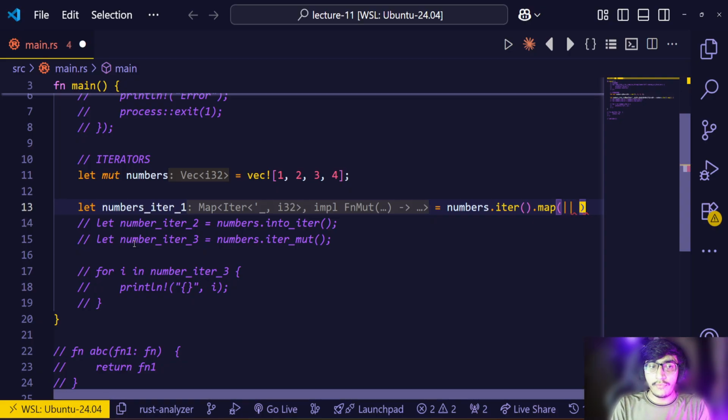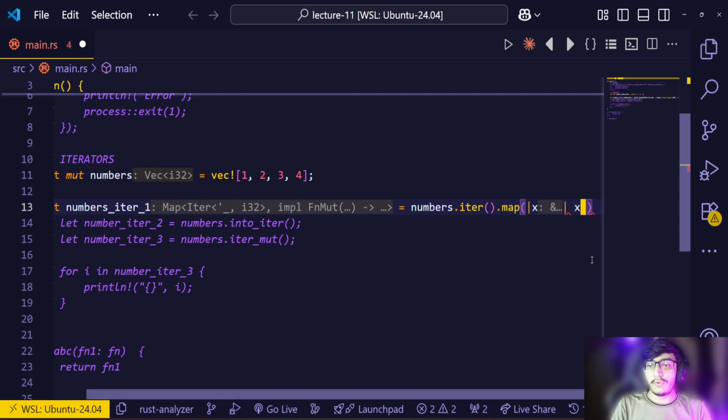And for mapping, what does this mean? This means that I have to map over each index number. So let's say x, and then